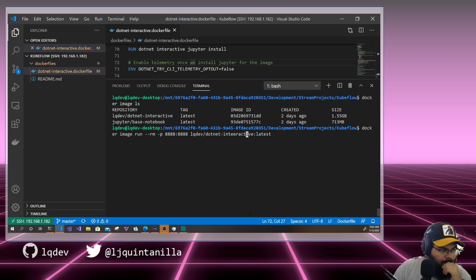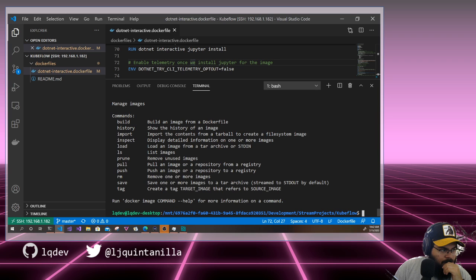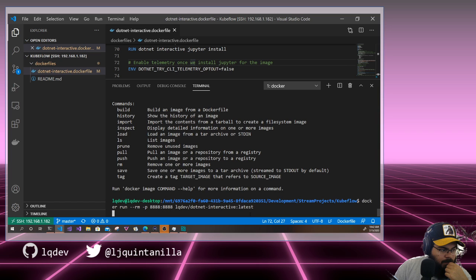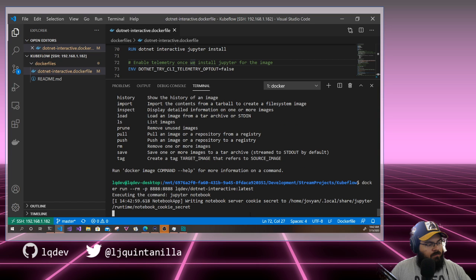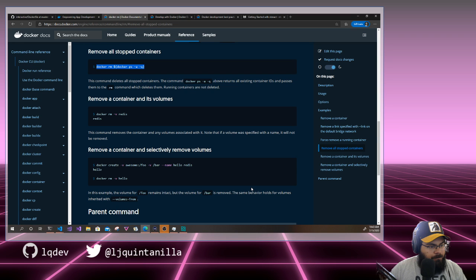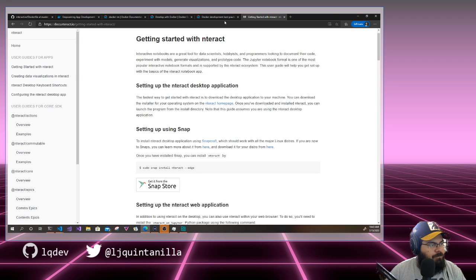Nope, it's just docker run, not... Okay. Awesome. So now, if I were to go here,